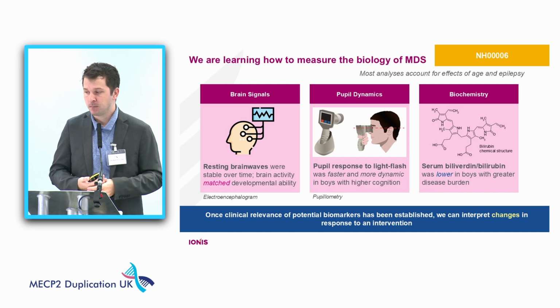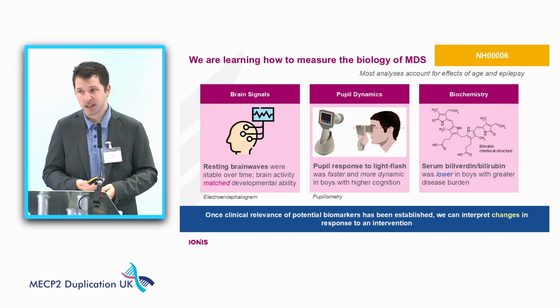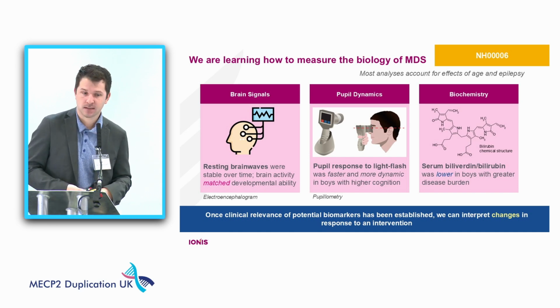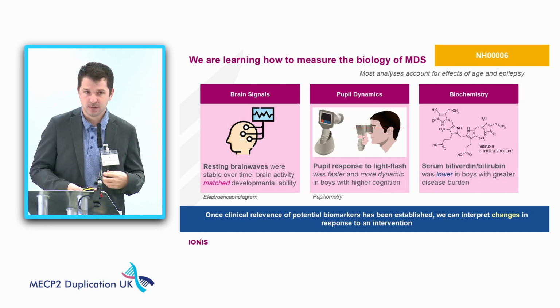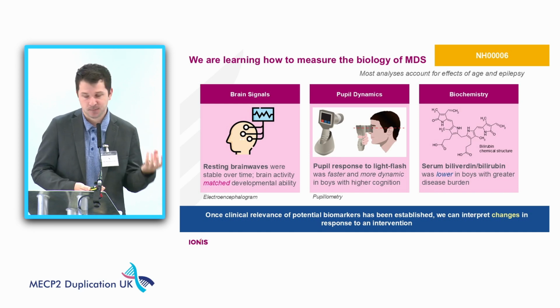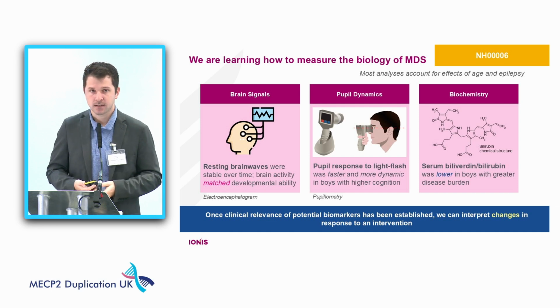Next, we looked at pupil responses to a light flash. This tells us about the autonomic nervous system. In general terms, the autonomic nervous system is responsible for how our body breathes, how the heart beats, and how our eyes respond to things like light. And when we look at kids with MDS,